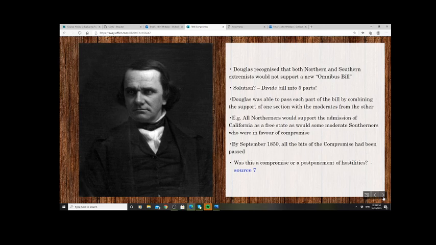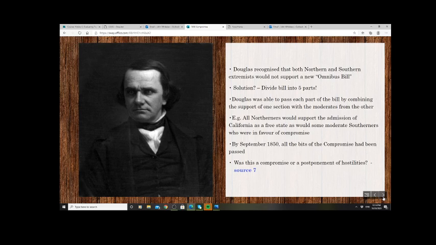Individual senators can make money by the passage of those parts of the bill. So that's sometimes all it took, just to kind of push some moderate Northerners to voting for Southern parts of the deal,